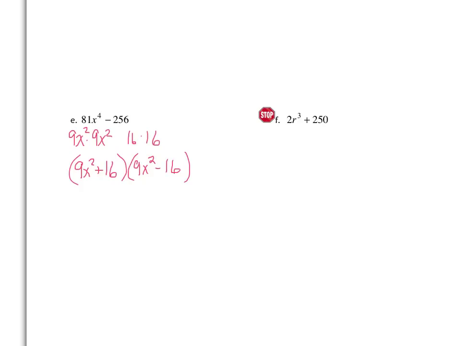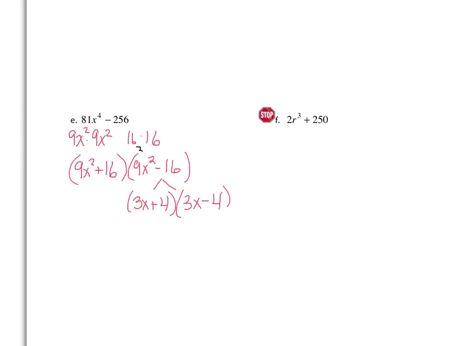Because we're doing higher polynomials, so this one's to the fourth, you always do have to check that your factors are completely factored. So 9x squared plus 16, there is no sum of two squares, so that one's good. But 9x squared minus 16, that's still a difference of two squares, so we could factor this, and it would be 3x plus 4 times 3x minus 4,